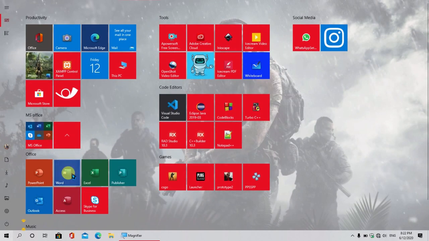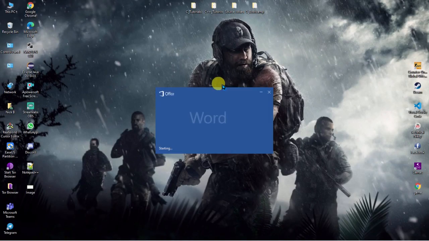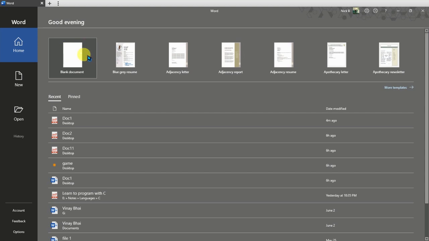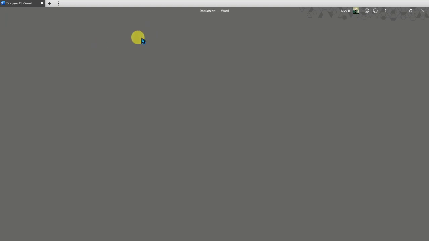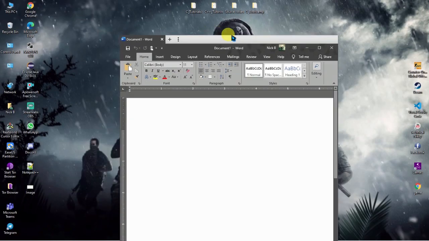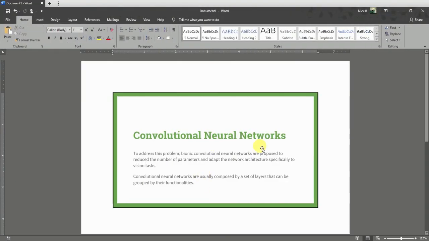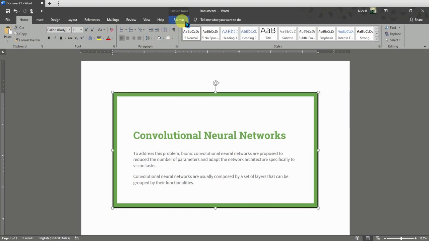Just open your MS Word, select a blank document, and then open or drag your image into the MS document. So we have this image now. Just click on this image, then go to the Format tab.